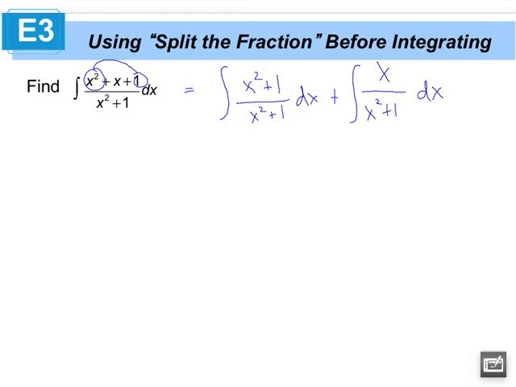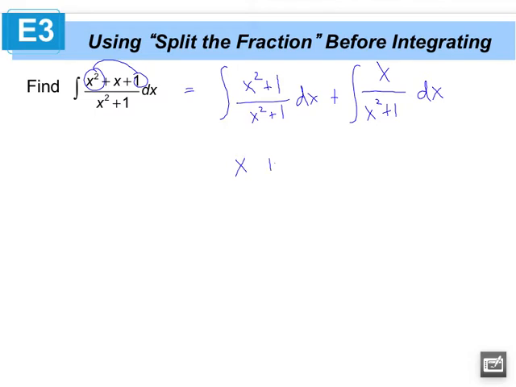Now, with that just sitting up there, do you see why I did that? What's the left integral going to be? I'm going to take the integral of 1, right? Okay, good. What about the right integral? It's a u du, right? So now the degree of the numerator is 1 less than the degree of the denominator. In other words, the derivative of the denominator is equal to that. Okay, so let's continue. This is 1, and the integral of 1 is